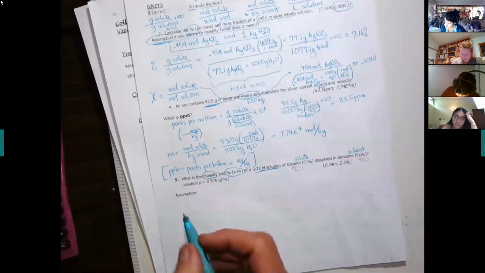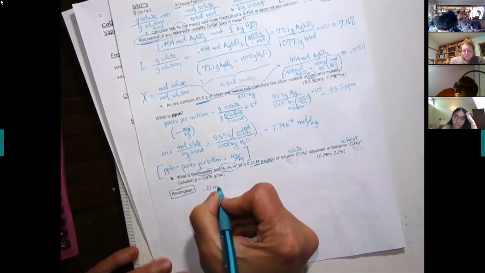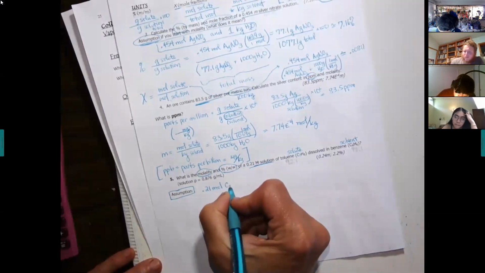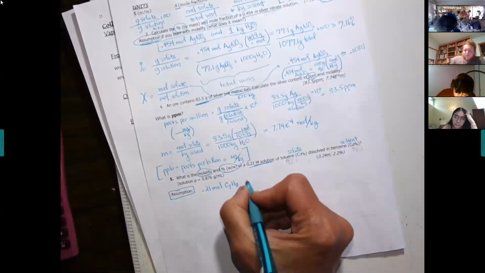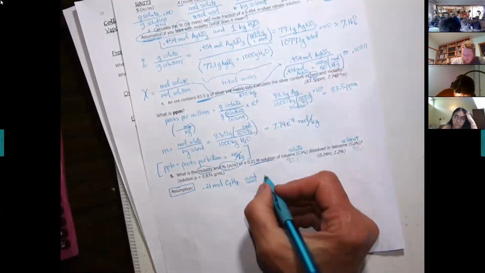So H2O does not show up in this problem. All right, and we get to do an assumption. That's why I have these here, because we get to see how to make an assumption. What we have is a 0.21 molar solution. So what I'm going to assume again is I have 0.21 moles of my solute, the C7H8. And again, you don't say a slash, you say that word "and." And so instead of saying I have 1 kilogram, this is molarity, I have 1 liter, because it's a capital